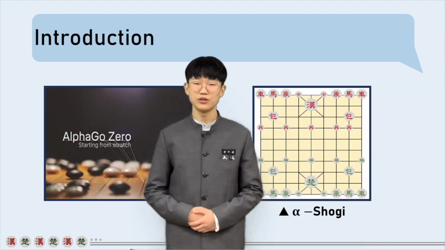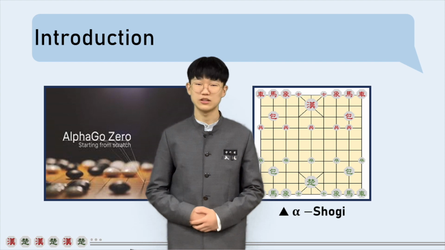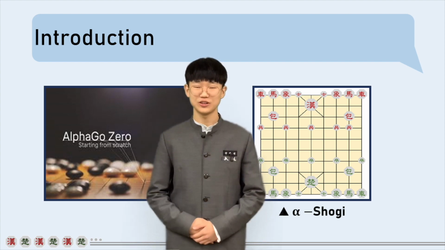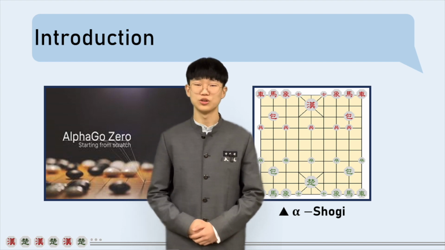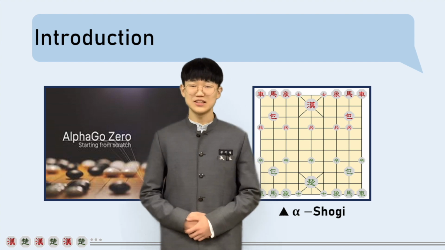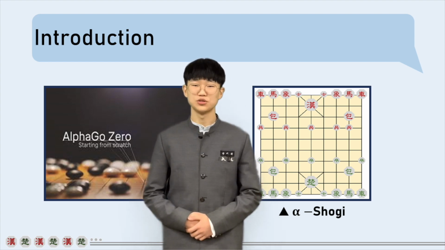First of all, many of you will know the name AlphaGo, but the AlphaGo Zero version may be unfamiliar. AlphaGo Zero is a program where AlphaGo develops and runs itself through reinforcement learning. We became interested in this, and in order to apply and explore this algorithm of AlphaGo Zero, we decided to write our own algorithm based on Korean Shogi instead of Go.